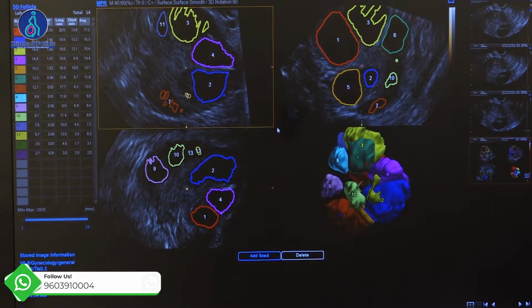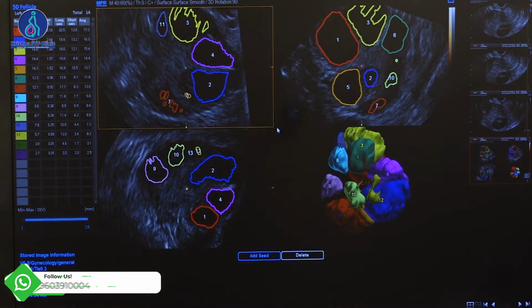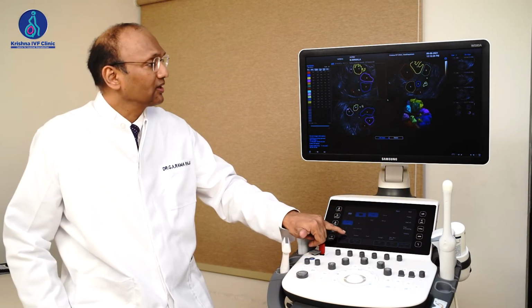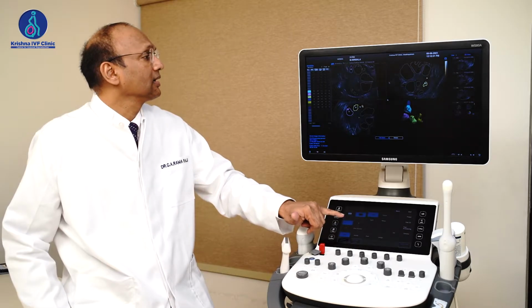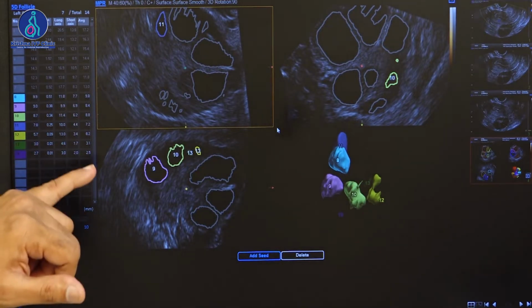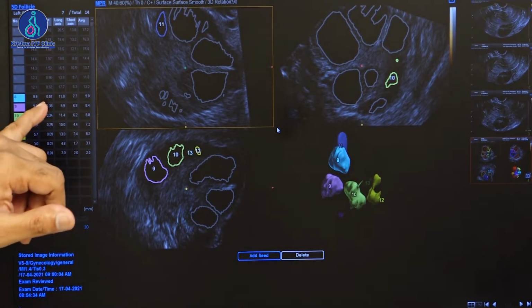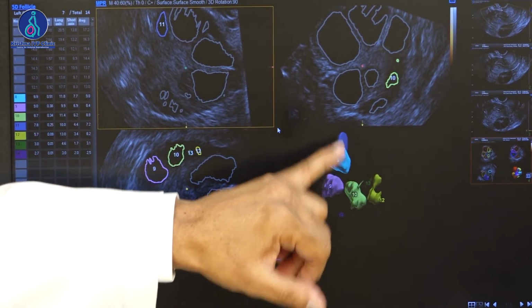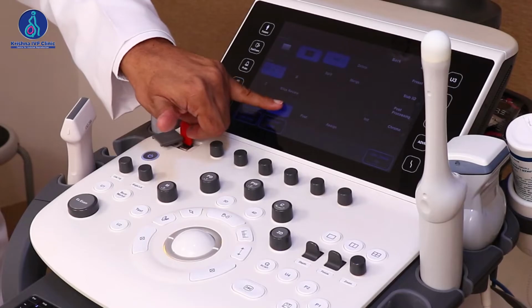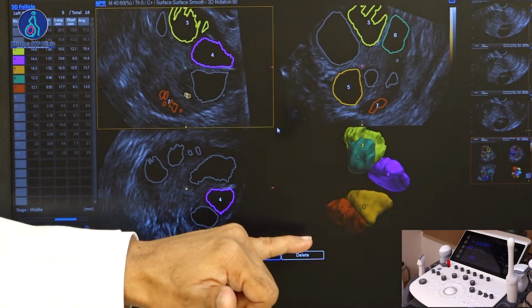The second thing is, you have a function called small size follicles. If I put the button here, I am getting follicles with a size between 2.7 millimeters to 9 millimeters. If I push the button of the mid-size follicles, I get these images.